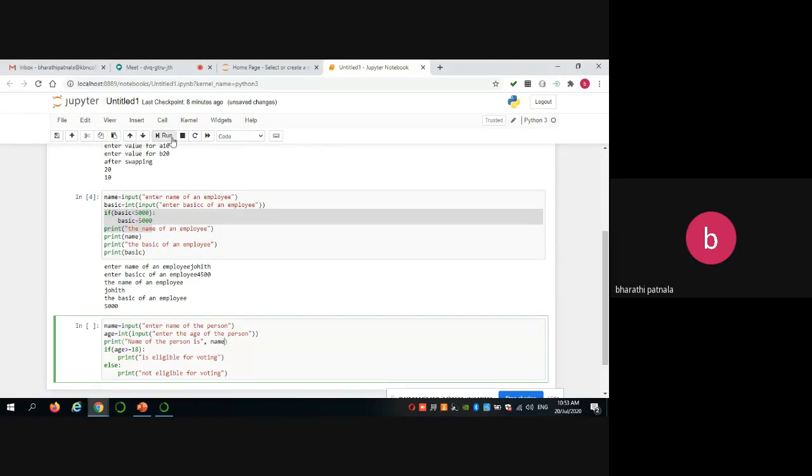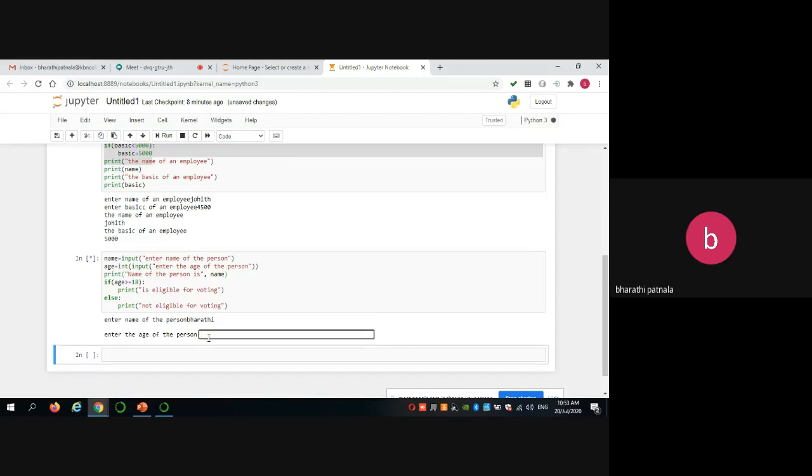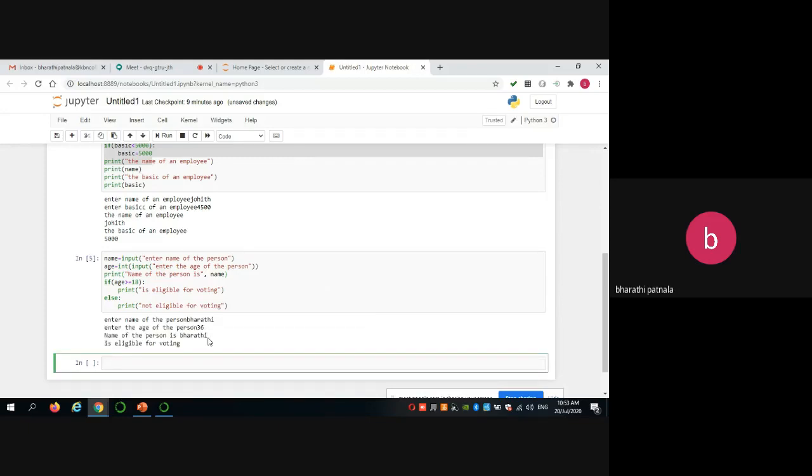Execute this cell. So the name of the person is Bharati, is eligible for voting. For example, here only you can give that particular name. So the comments are used like that. Hash is used for commenting any statement.